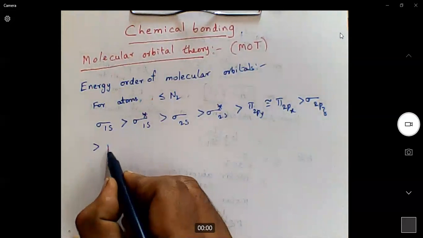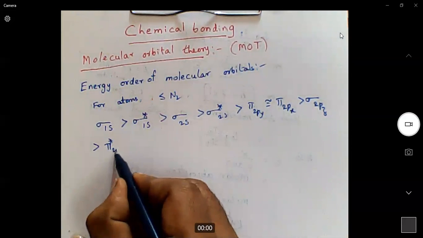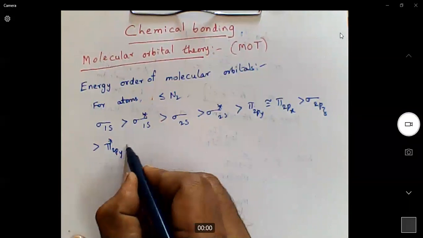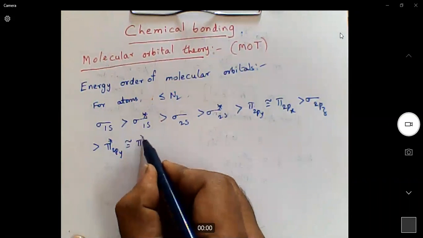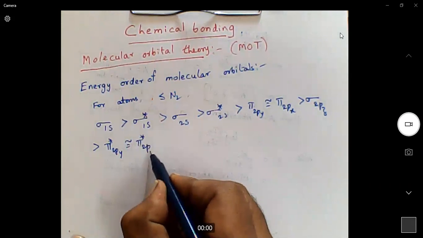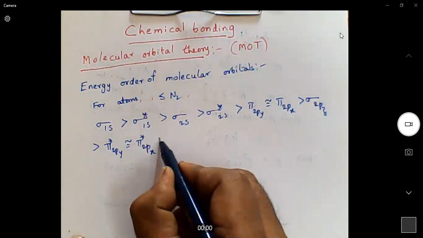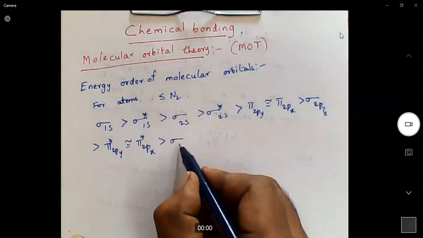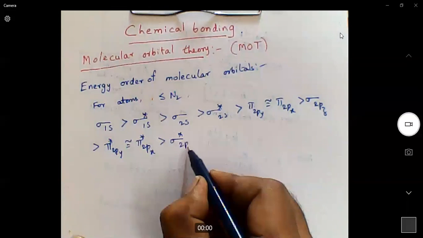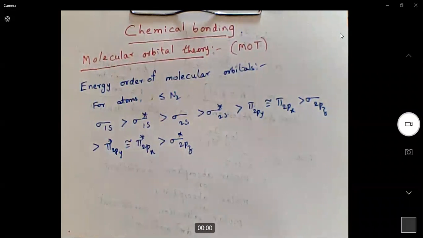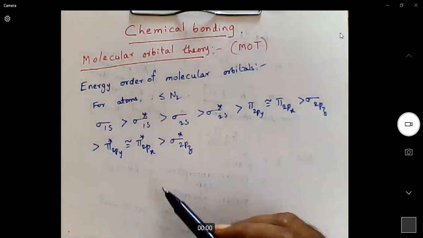Then pi star 2py, whose energy is equal to pi star 2px, then sigma star 2pz. This is the energy order of MOs we must follow to fill the electrons for atoms up to nitrogen or